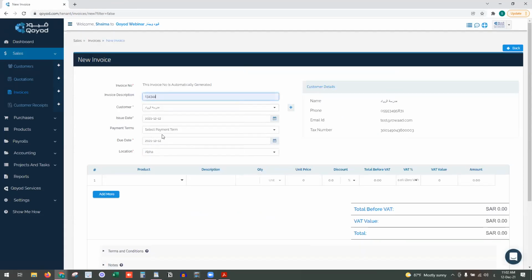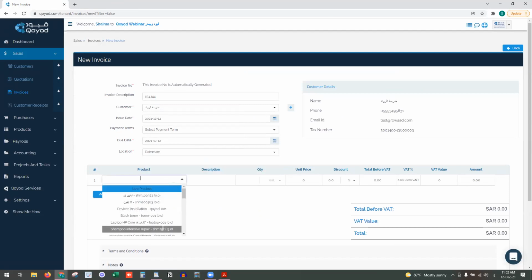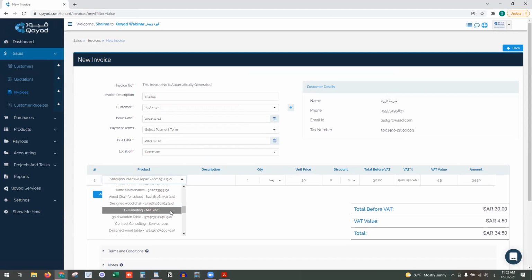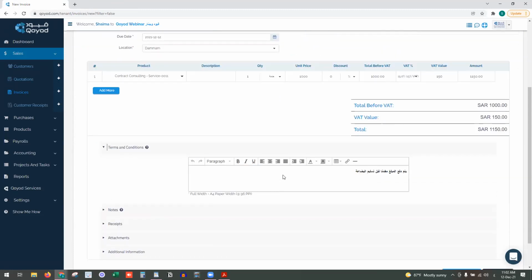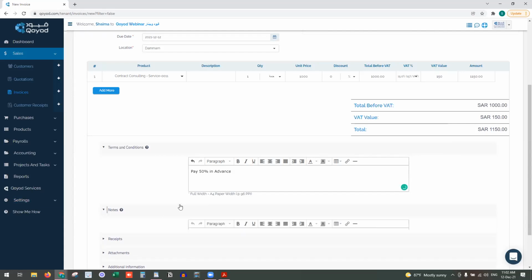We will have an invoice description, we have the locations, and the product. For example, we have a shampoo intensive repair, or we have another, for example, a service, contract consulting. We have it with 1,000 riyal. With tax, we have it 1,150. Also here we have the terms and condition. We can pay 50% in advance, and we have in the notes to write